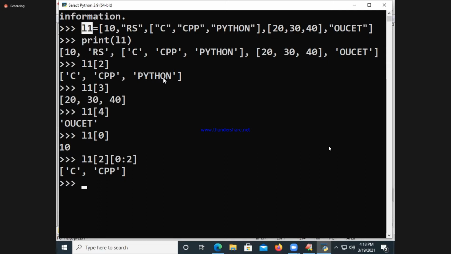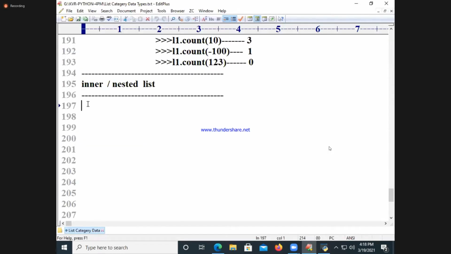Shall we write the inner list? What is the definition of inner list? In a list L1, we are adding another list, known as what? Inner list. Tell me the definition of inner list.